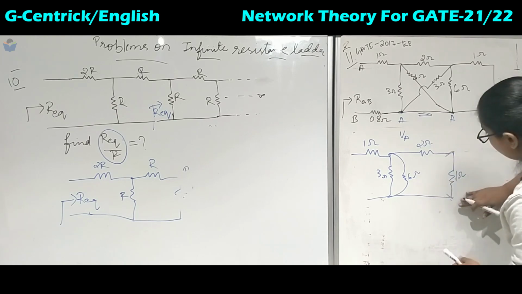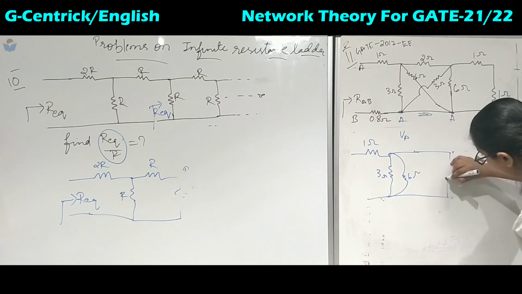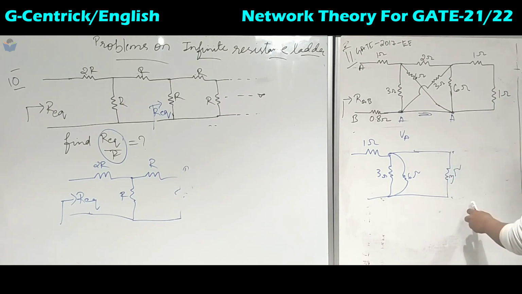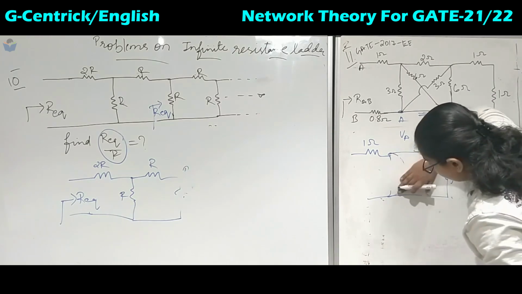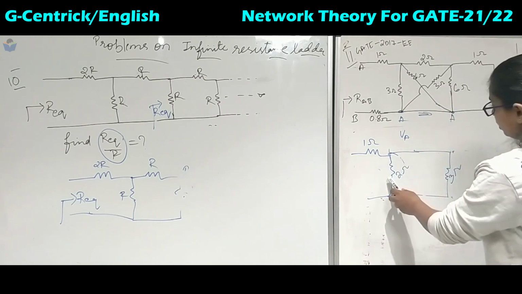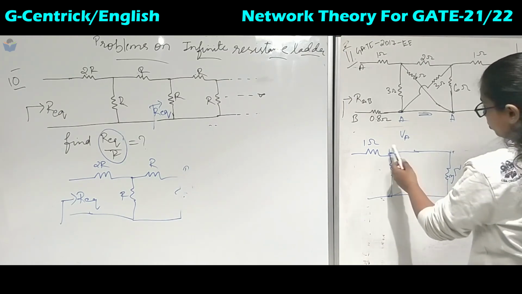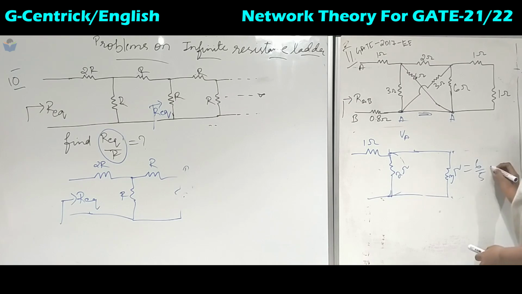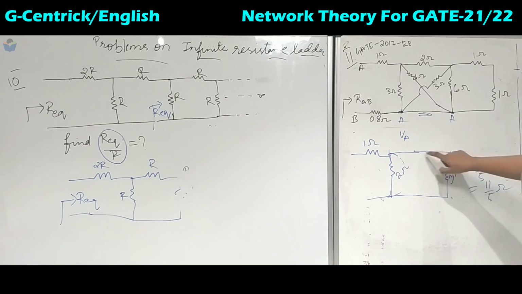Now these two are in series, so I can replace it with 3 ohms. So this value is 3 ohm. Again these two are in parallel, so 6 into 3 is 18, 18 over 9 is 2 ohms. So this is 2 ohm. These two are in parallel, so 2 into 3 is 6, 6 upon 5, and 6 upon 5 is in series with 1 ohm, so it is nothing but 11 over 5 ohms. Okay, so this is the answer for this question. Next, is it correct? 3 ohms? Yeah, 2 ohm.